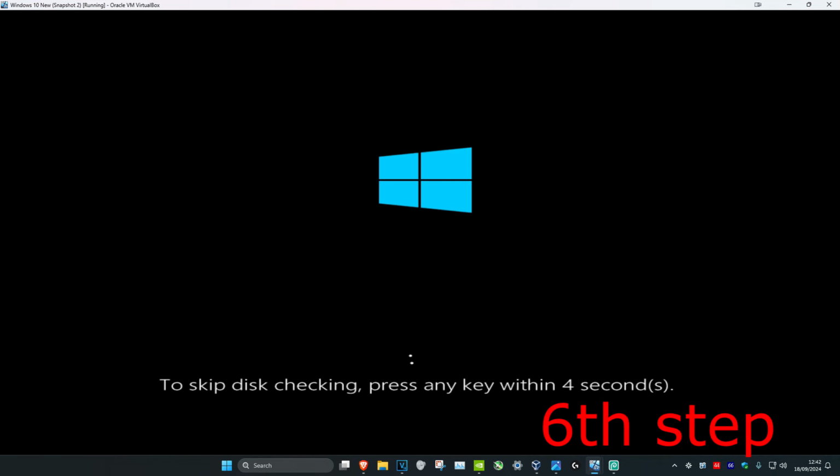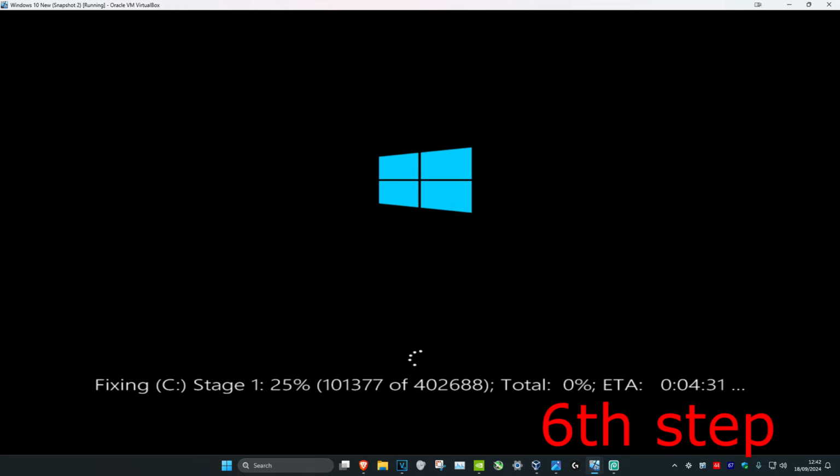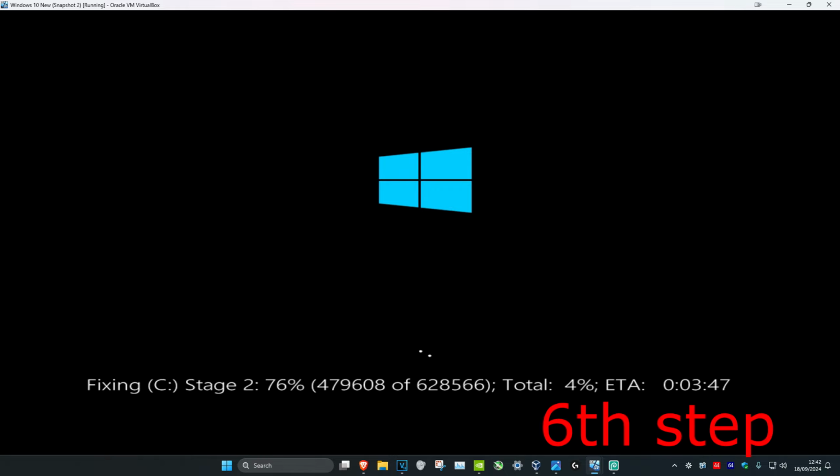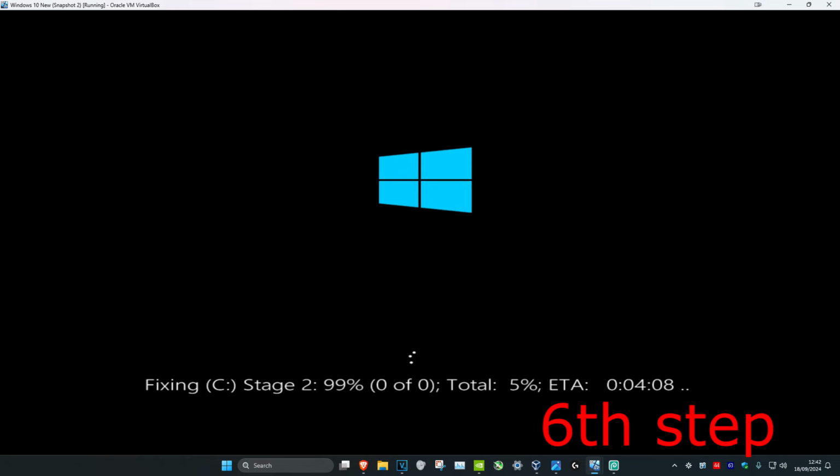And now as the computer turns on again, it's going to be saying to skip this check, press any key. Do not press any key. You do not want to press any key. And now you know that this check is running. And now once this final scan has been completed, it's going to take you back into Windows and then the prompt should be